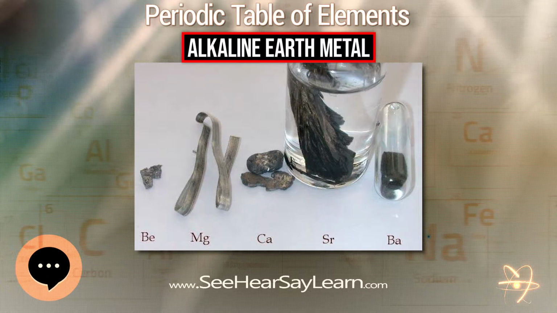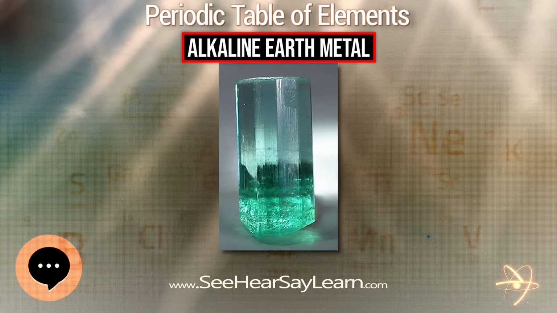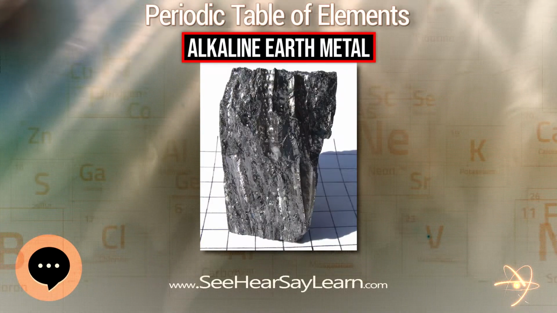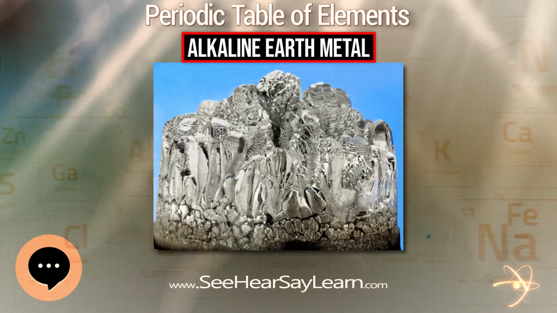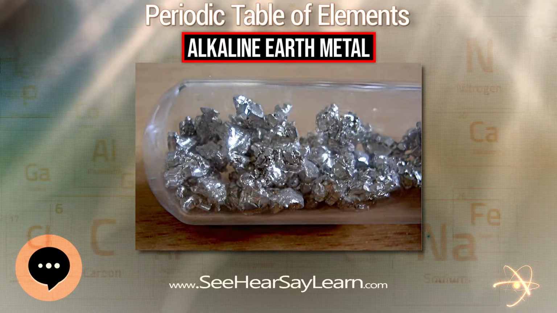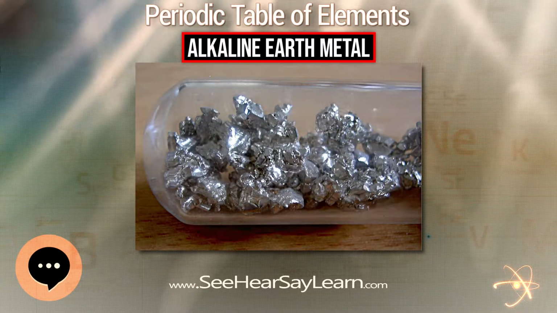The table below is a summary of the key physical and atomic properties of the alkaline earth metals. Of the 6 alkaline earth metals, beryllium, calcium, barium, and radium have at least one naturally occurring radioisotope. Magnesium and strontium do not. Beryllium 7, beryllium 10, and calcium 41 are trace radioisotopes.